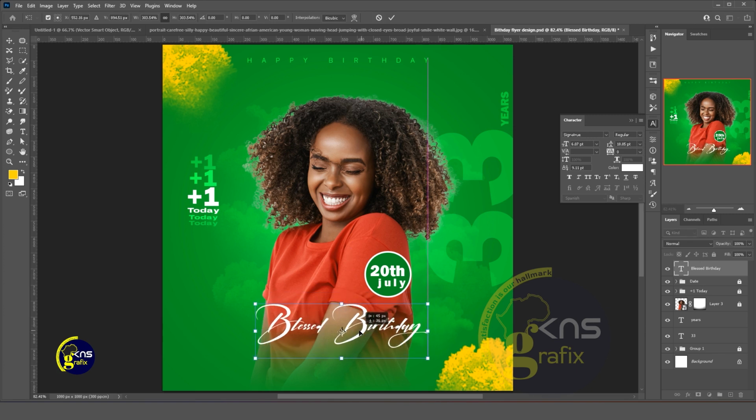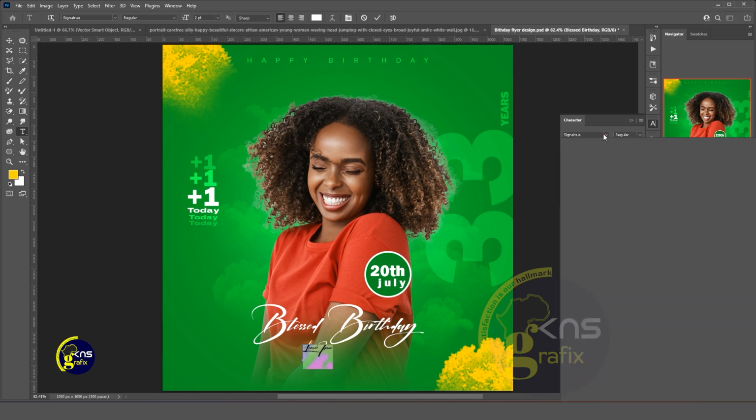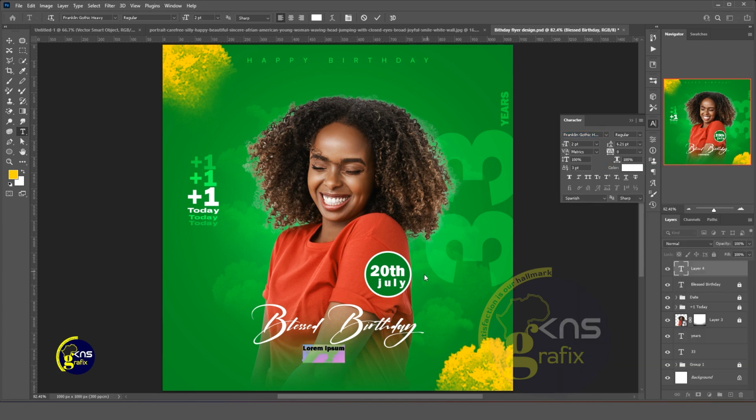Okay, this is good. Let's enter it. So Control A, then you center it. That's good. So blessed birthday. And what's the name of the person? We want to write the name of the person. So let's lock this, and let's change the font to Franklin Gothic. What's the name of the person? Maybe Nana